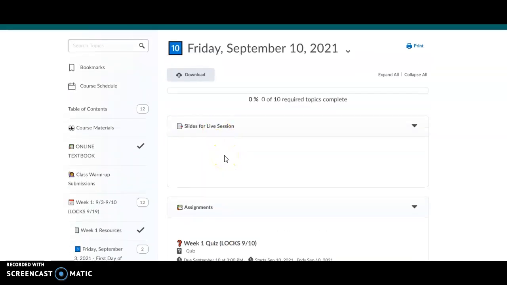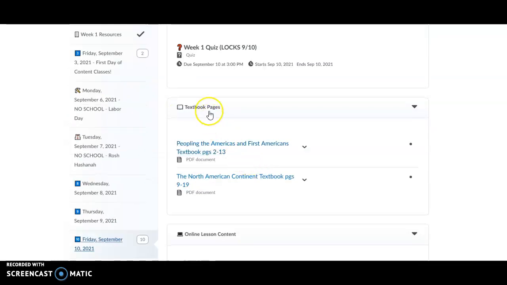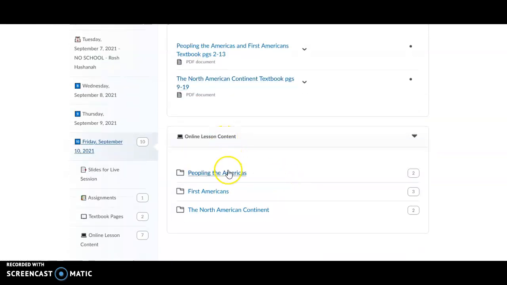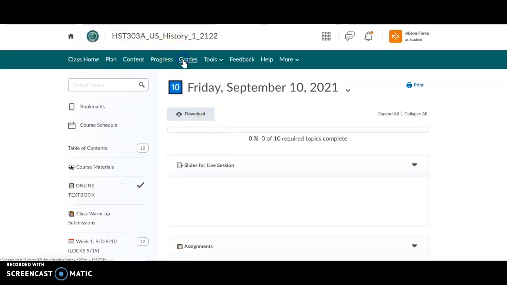Slides for the live session will go in here. This is how you can access your quiz. Once it's available, all assignments will be available there. The textbook pages applying to that day's lessons are listed, as well as the K-12 Stride content for that material will be in another folder. Lastly, don't forget that the grades